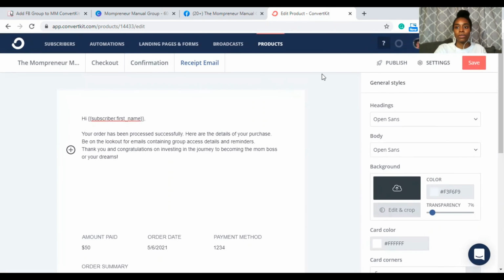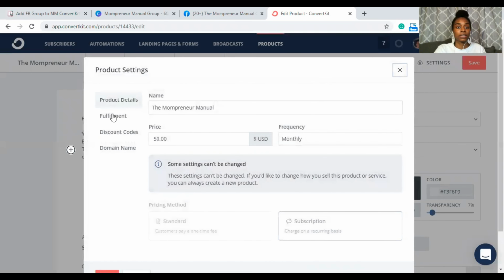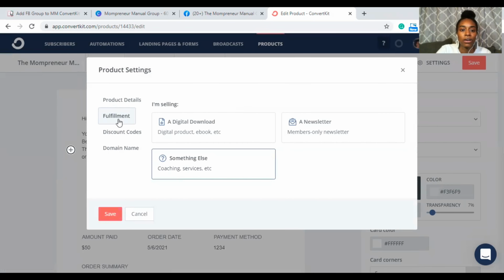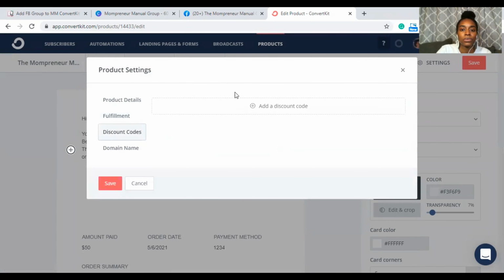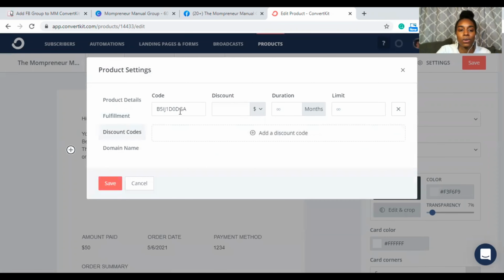And then let's go to the settings, because we do want to offer a coupon code. So this is where you go back in if you want to make adjustments to the title, the price, anything like that type of settings. So you need to create a new product if you want to change something there. So discount code, we want to add a discount code because